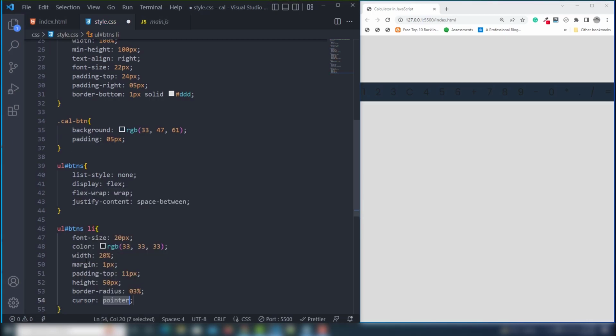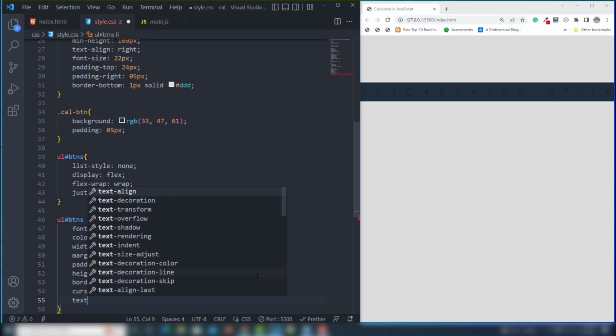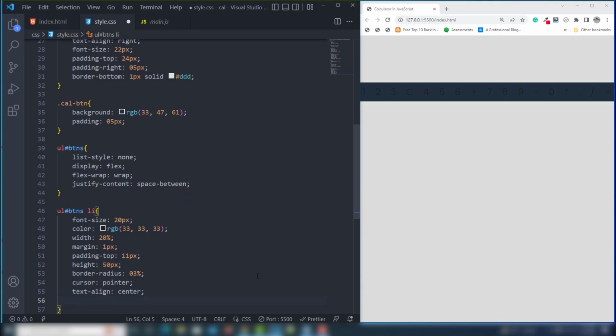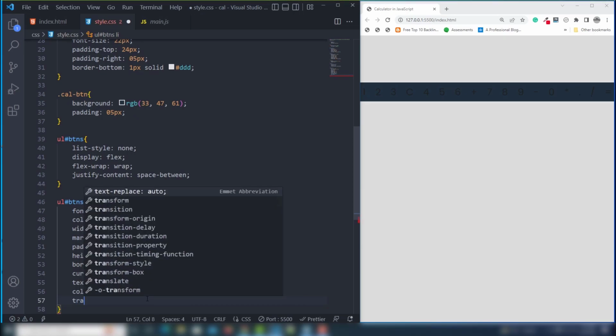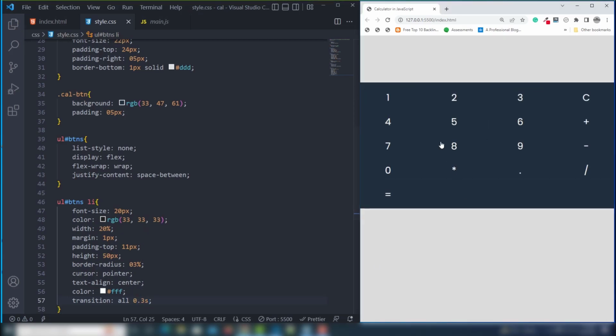Cursor will be pointer, and then text align will be center, and color text will be FF white, and I'm gonna use also transition all 0.3 second, right? So this is our calculator,